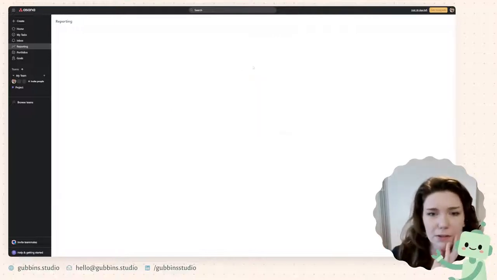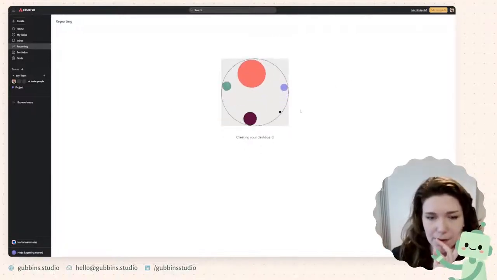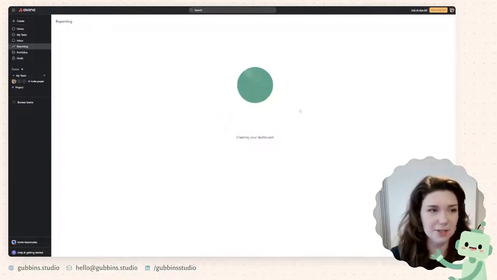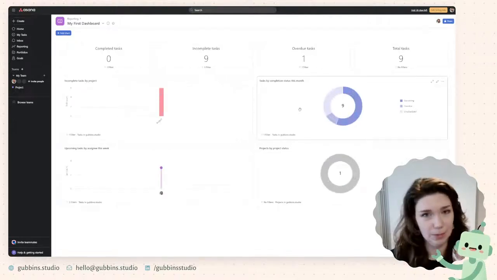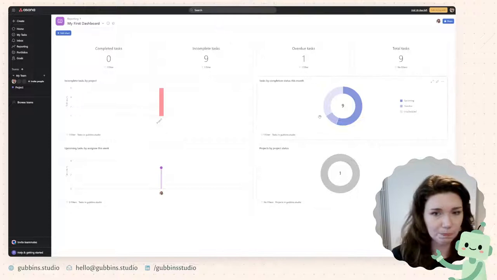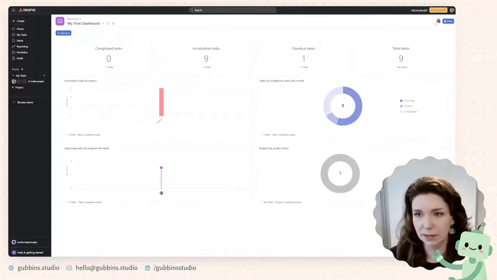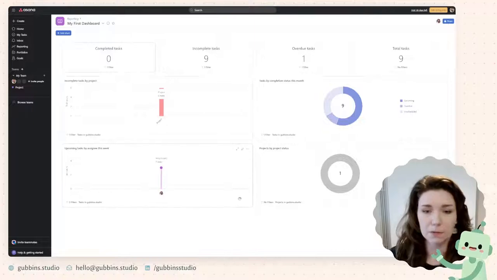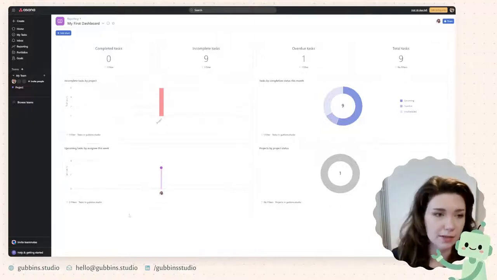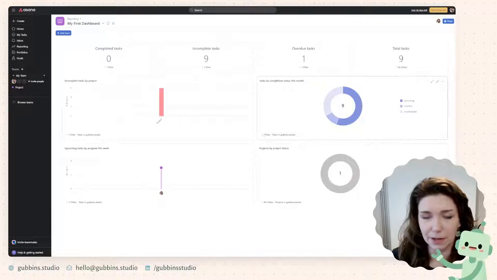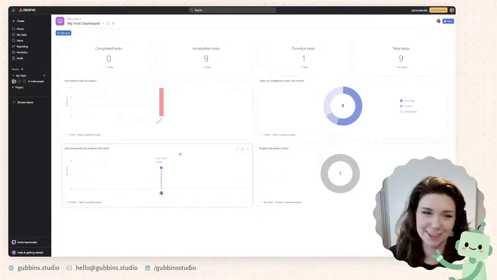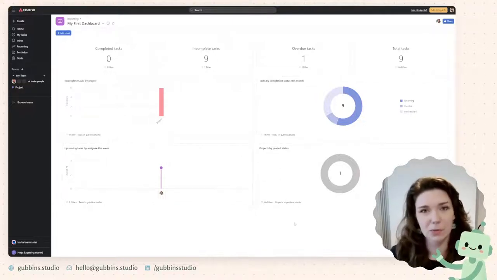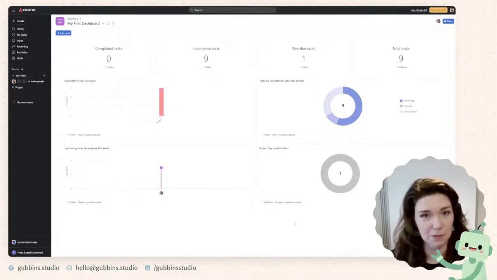Actually, let's have a look and see if it'd work for an individual. As you can tell, I don't really use Asana that much, but I thought it would be helpful to bring it up and talk about it in case it's helpful to anybody watching. Okay, so this is probably good actually if you just want to track your own cadence. I imagine you'd have to play around with the different graphs, and obviously things like this aren't very useful for an individual, but over time being able to see where you are at might be quite helpful if you're someone who likes to keep yourself on top of things.